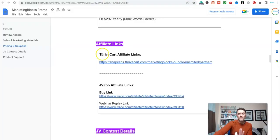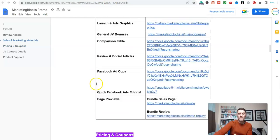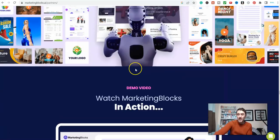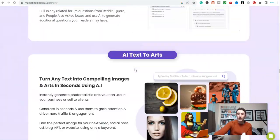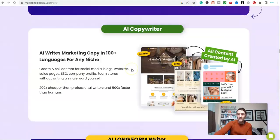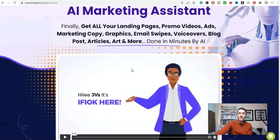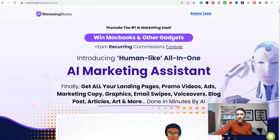But once you've gone ahead and you've got your affiliate link and you've signed up to this, the next step in this whole process is we need to find out whether there are people actually searching for this product. Is there enough traffic out there to be beneficial to us to spend some time on this? Because essentially, we spend a bit of time in the beginning doing this work, and then what happens is, as you've seen over here,